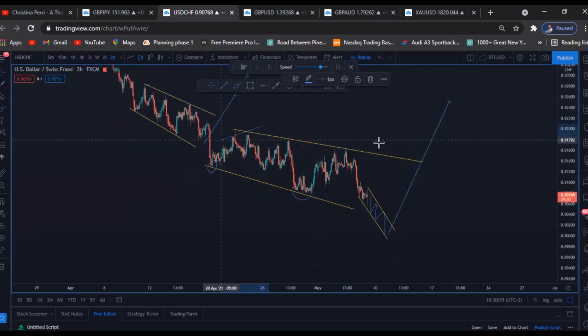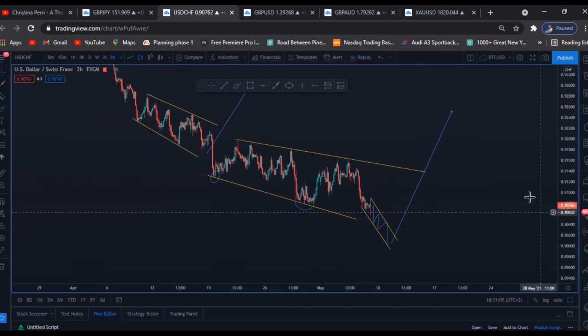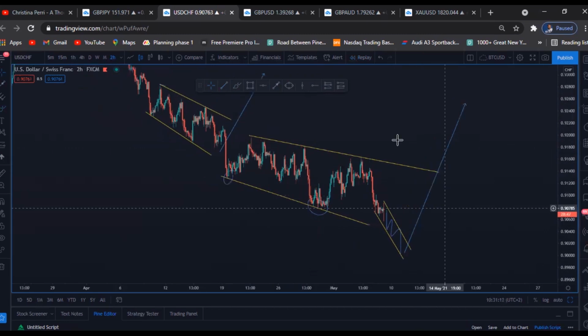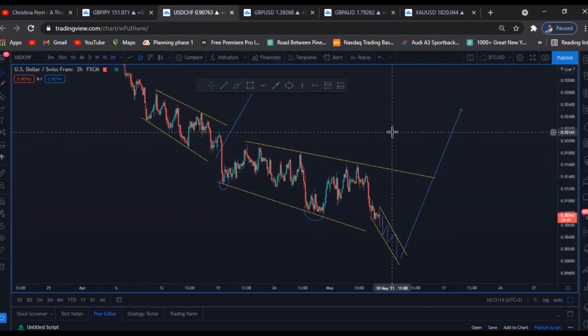So this was it, guys, about expanding. This is the most important thing that you need to know about evolving with the market structure. It's going to help you to evolve and change with the market as the market evolves and changes, instead of you being entitled to say, if maybe for dollar Swiss franc you're looking for buying,